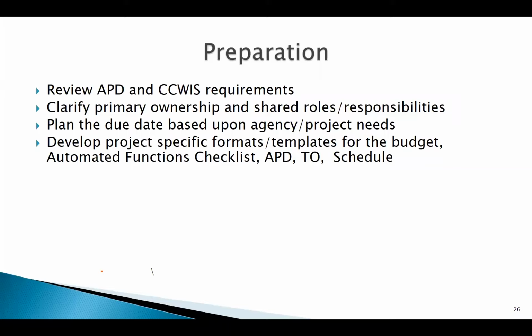This other practical guide that Nicole started to talk a little bit about has to do with setting the due date for when your APD is due. And this can be very challenging for multi-option projects because Medicaid typically sets their APD due dates based on the federal fiscal year, but Children's Bureau does not. Children's Bureau really tries to work with the state to allow the state to figure out what due date is going to result in the best product, and when am I going to have all the information that I need